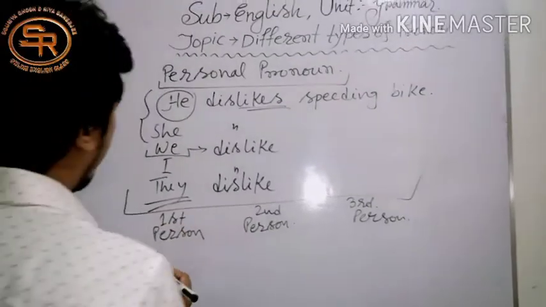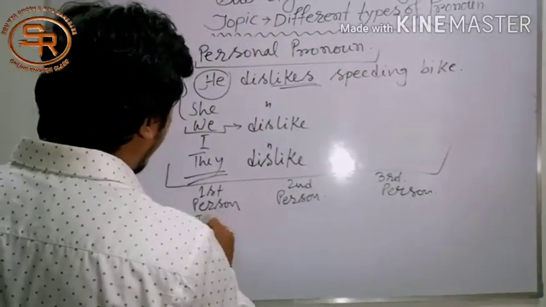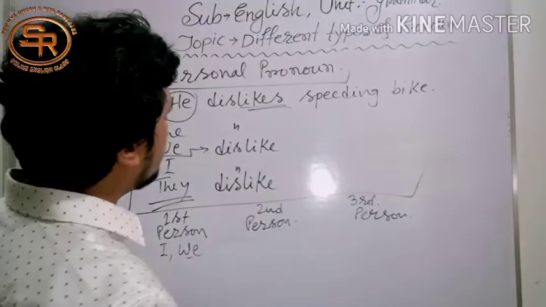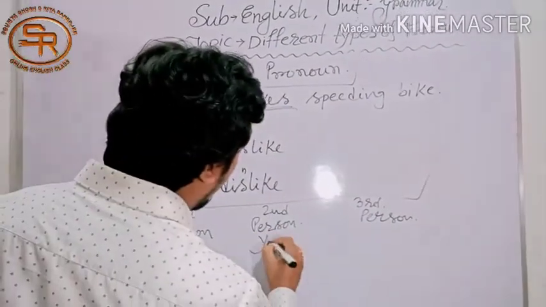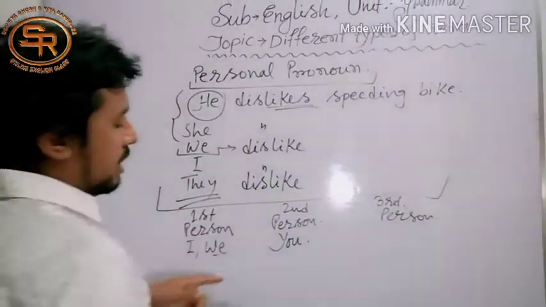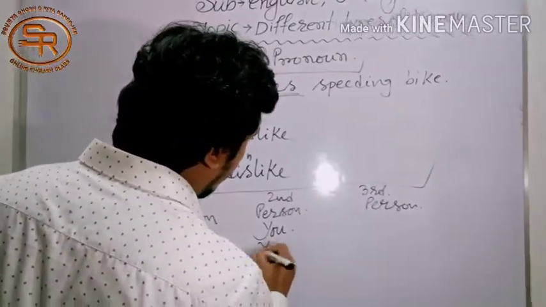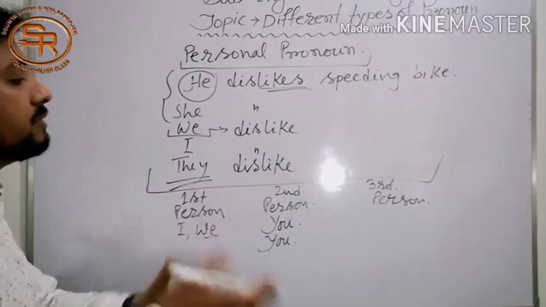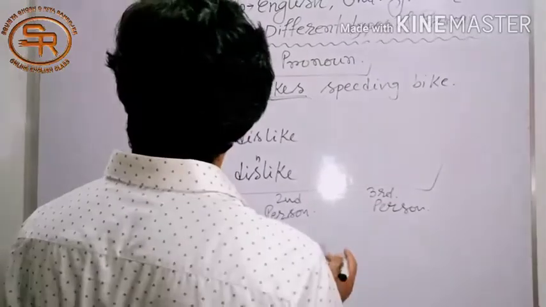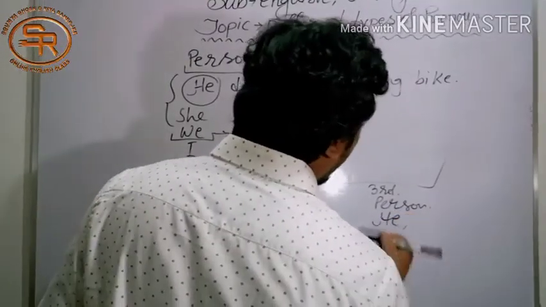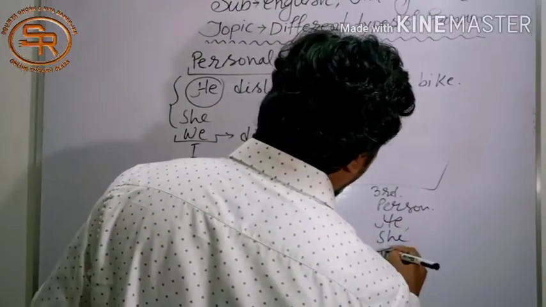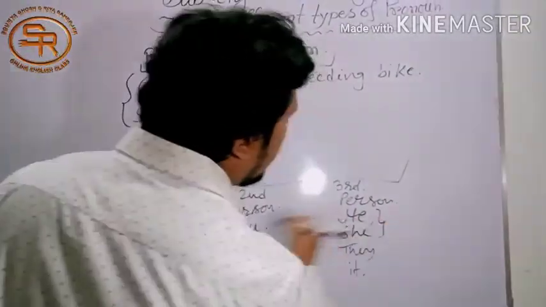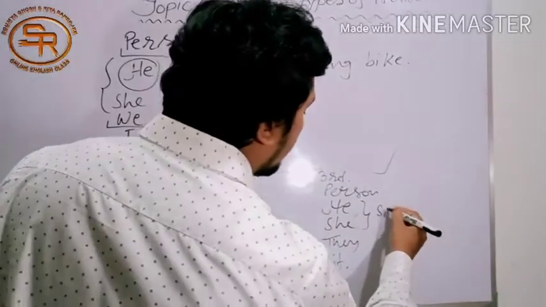Okay, and I will write here first person pronoun, that we can write I or we. I is singular, we is plural. Second person pronoun we can write you. You can be used as a singular, you can be used as plural. Same word is there for the different uses. And third person pronoun we can write he, she, they or it. I have talked about that he and she, that is singular,